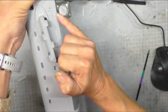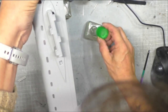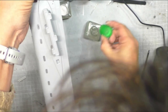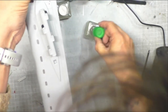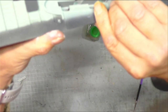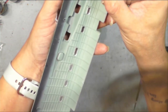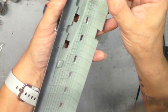And then what we're going to do is push these two sides together, and again using the same procedure, drop a couple of drops in there all the way up to the end, and then we can hold it. And then any areas that we think might need a little bit extra help, say this wing root, we're just going to pop a couple of drops in there, and that glue will